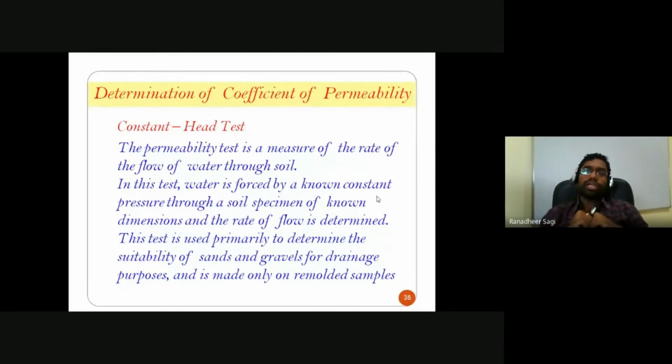Now how do I write down that hydraulic gradient? What is hydraulic gradient? The total head difference between upstream and downstream. How much total head difference are we maintaining between the upstream and downstream? That total head difference is divided by the length of seepage through the soil sample. In fact, I can call that the length of your soil sample, or rather the height of your soil sample in this particular test. The total head difference, which you are constantly maintaining throughout the test between upstream and downstream, is known, and the height of the soil sample you are using in the test is also known. So the only unknown is the coefficient of permeability of that particular soil through which the flow is taking place.